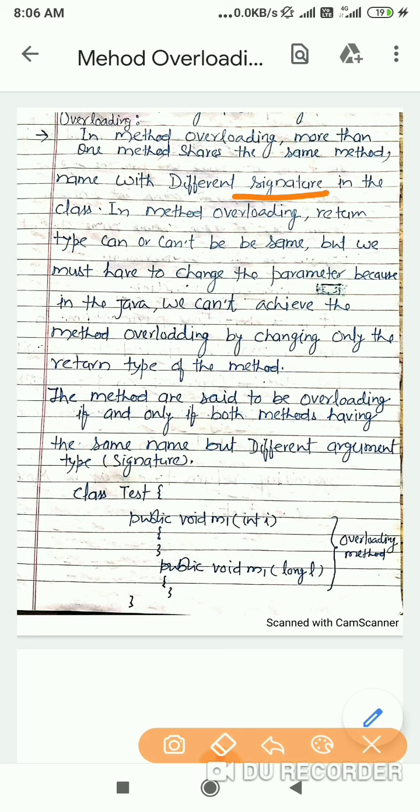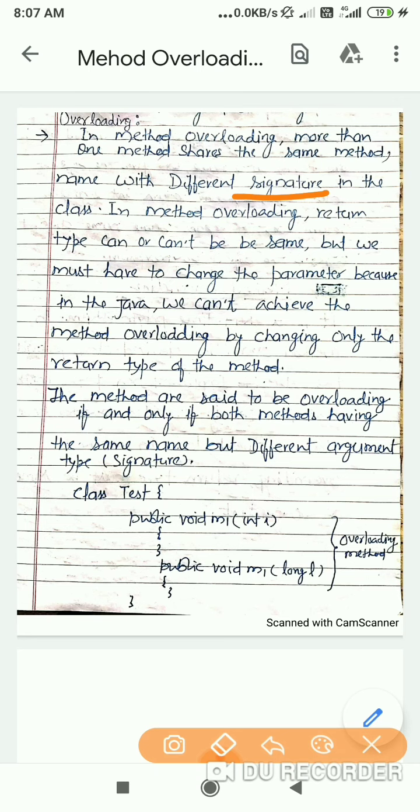In method overloading, the return type cannot be the same. If a method has different parameters, then the return type need not be the same. But we must change the parameters, because in Java we cannot achieve method overloading by changing only the return type of the method.